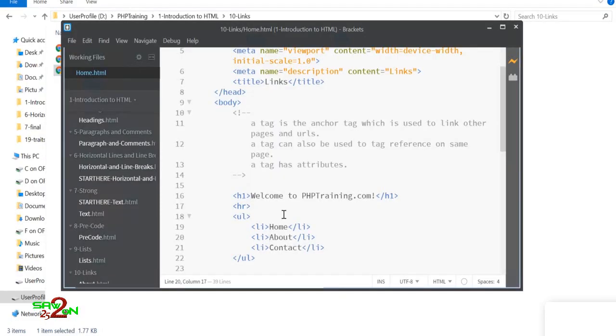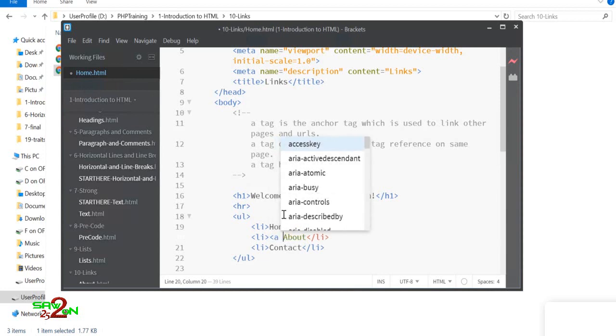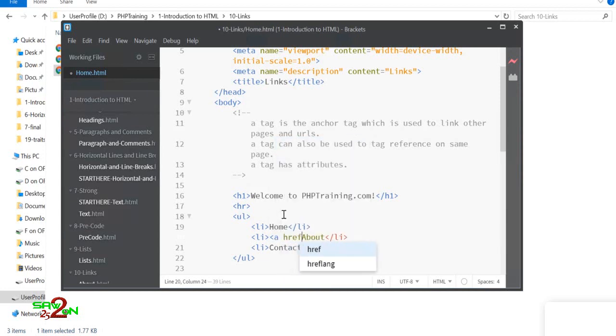For that you have to add a tag called A, the anchor tag, and you have to mention where the location is. The href is basically pointing to the location of that file. The closing tag should be after the text. So whatever is inside, this about, becomes a hyperlink. Okay, let's quickly review that first.